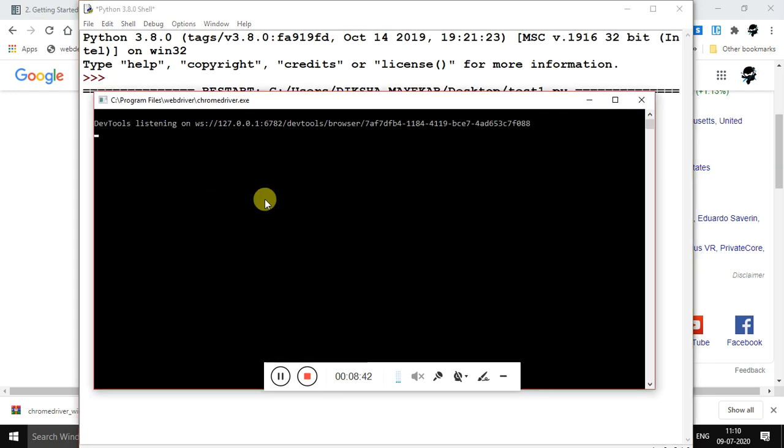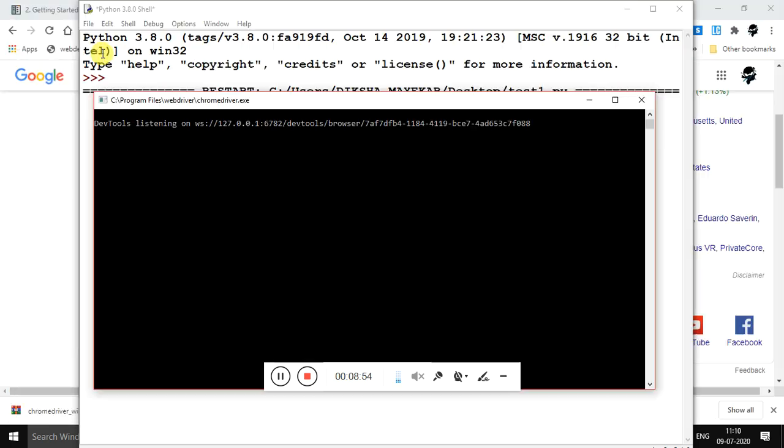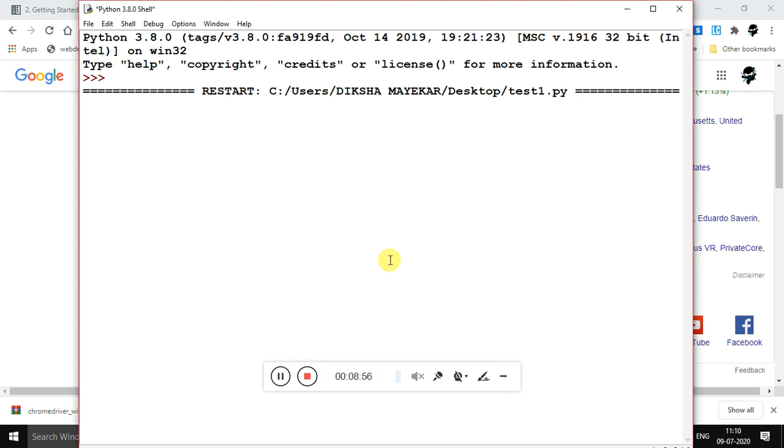Okay, so now my Chrome is getting activated, and it has opened the Facebook page and maximized the screen. This is how it will be maximizing. Let's just wait for a while. Now it has tried to open the Facebook page, but my net connection is slow, so it won't be opening it. And after that you will be taken to the